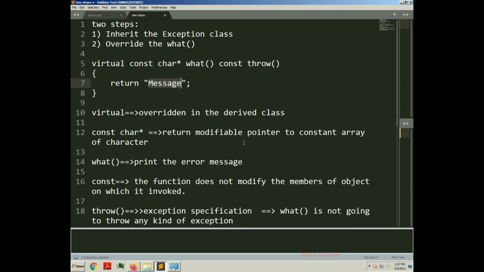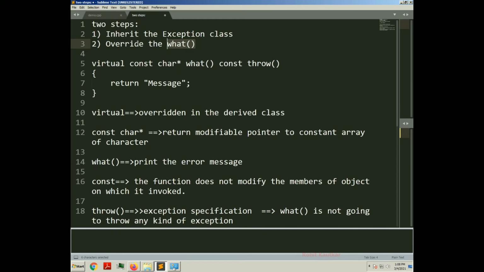This is actually the constant array of characters, and this const char* basically means a modifiable pointer to this constant array of characters, meaning the message which we are going to return from this what method. This is how the syntax for the what method will be while overriding it in the user-defined class.